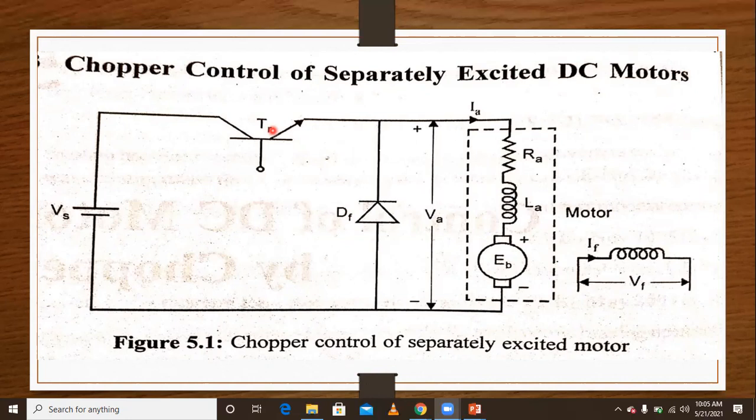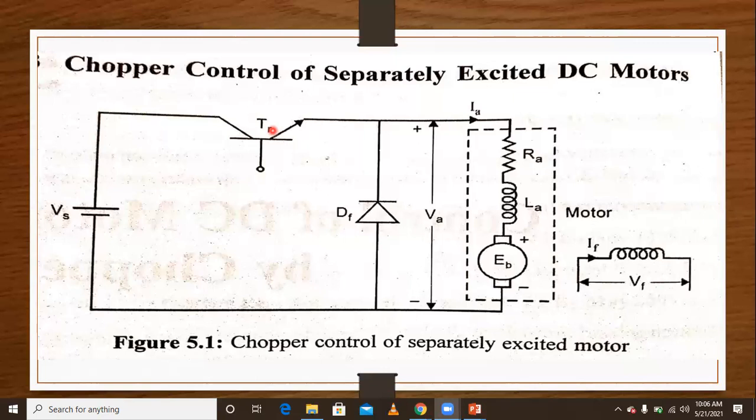So that means if you want to control the speed by the field of the DC series motor, well, from the relation N = Eb/φ, the flux can be controlled. For speeds above rated speed, the flux must be controlled, that is, the field current must be very small. Then only the flux is less and the speed will be high. That means only above base speed can the series motor be controlled by controlling the field. So this is a disadvantage: field control of the DC series motor is a difficult method.